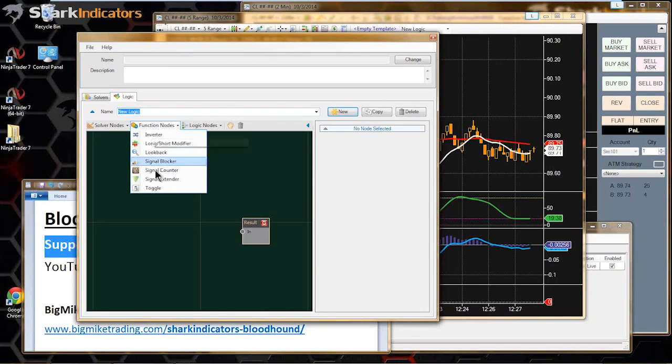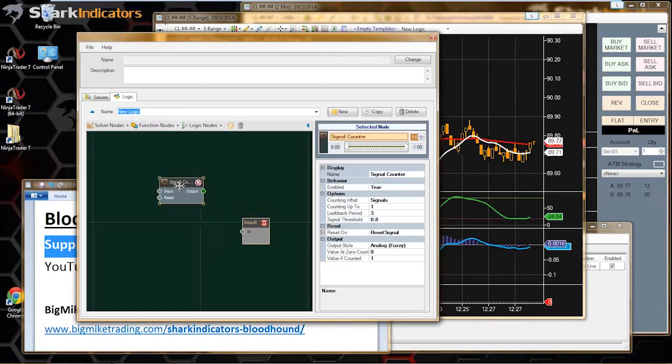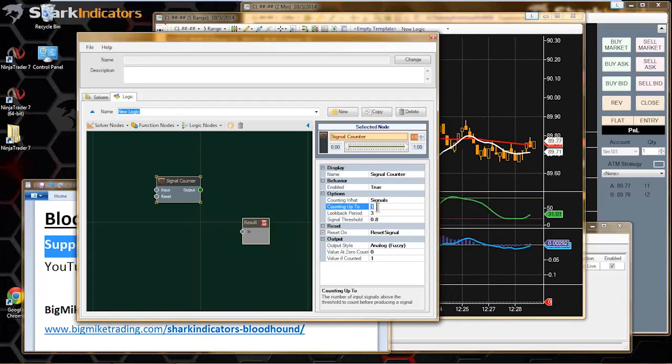Under the function nodes, what you're going to want to use is the signal counter. As the name implies, this function node will count the number of signals. In your example, you say three trades, so you can count up to 3 trades. You have to set up a look back period. Say you only want 3 trades per day. It depends on what bar type you're trading, but say there are only 1,000 bars per trading day,